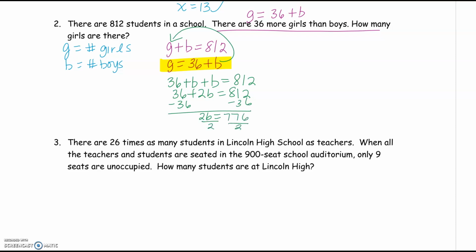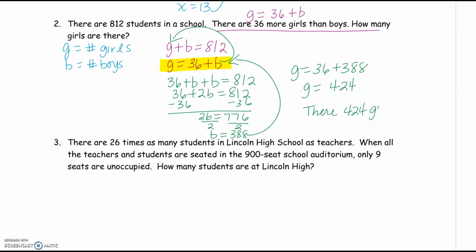When I take half of that, I get B equals 388. So we know there's 388 boys, but they're asking how many girls. So let me just plug it back in. So girls equals 36 plus 388. So that means girls are 424. So there are